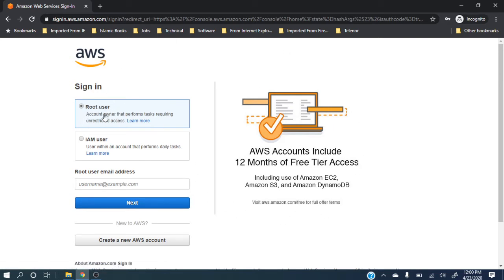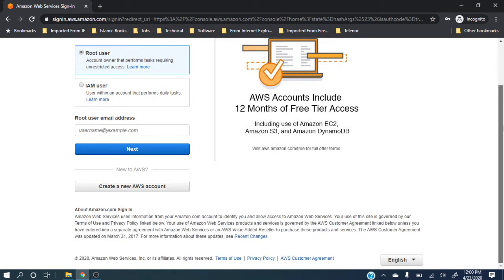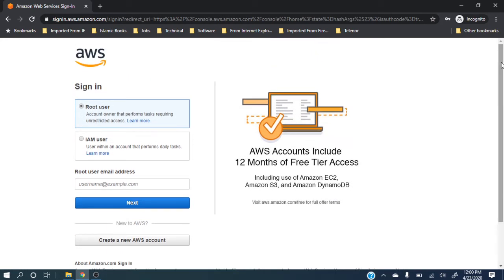Here you can join as a root user, or you can join as a user who has been added to someone else's Amazon account. Once you have a full account, then you can add users who can help you. For example, you're running a company and you have made 10, 12, 15 users who can do some small things, so you can provide access to other people as well.